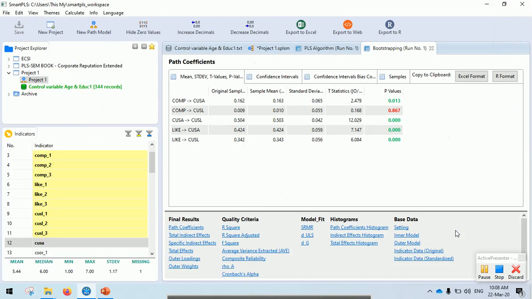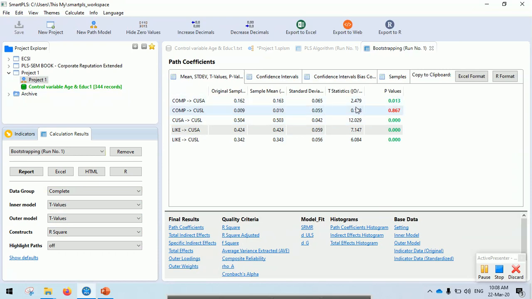Okay, so now I have my statistical result, the significance. And you can see here all of them are significant, only one from competence to customer loyalty is insignificant. The p-value is 0.867 and it is in red. Usually when it is in red, it's not significant. So what I do now, I will click here to access the significance level of the outer loading. So I put here outer loading, I click here,